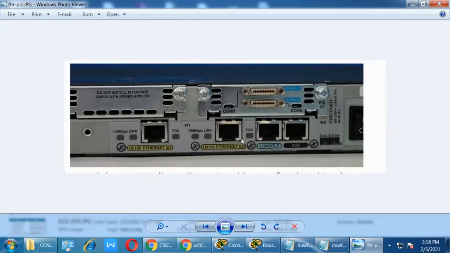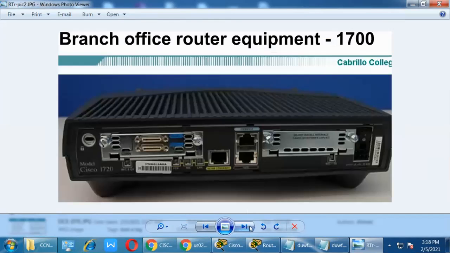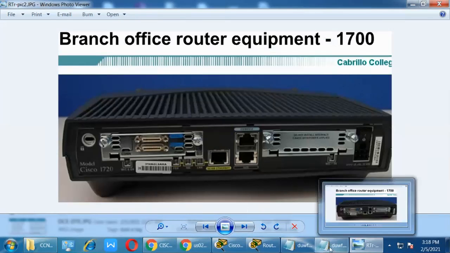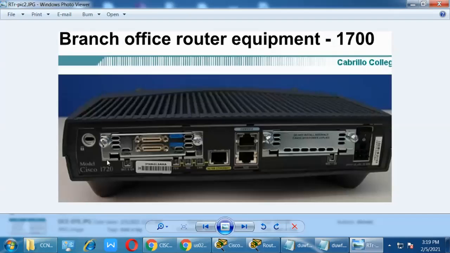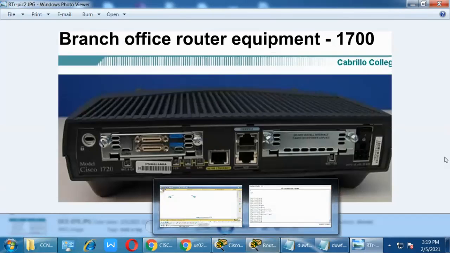Here the link is there, 100 Mbps link, full duplex. Clear? No, this is the branch office. This is the router, meaning the ISP router, because your router is the branch office router. Which router did I tell you? You have seen, your router, the company router, this one. So the serial port, this smart serial port, is connected to the company modem, V.35 CSU/DSU modem. This connectivity is connected.